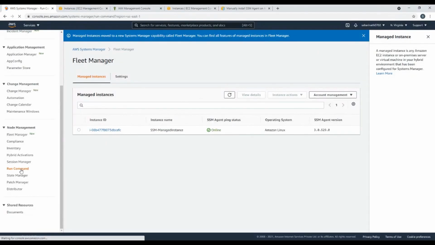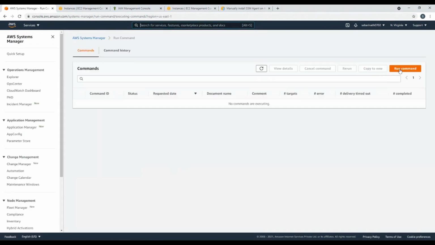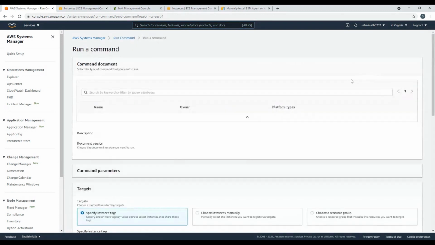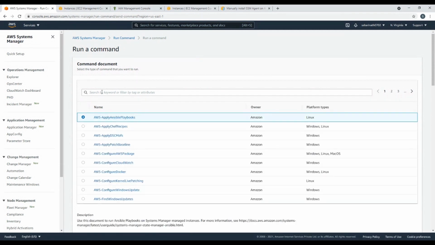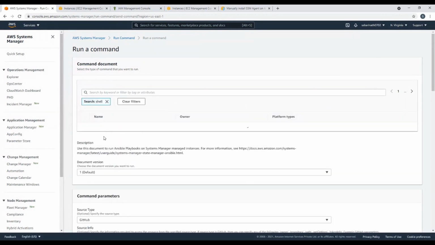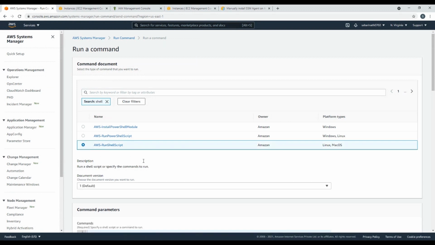So we'll go back to the Run Command under the Systems Manager dashboard. Run Command is going to execute predefined documents or documents in the managed instance. So we'll try to execute some document. We'll use the document called Run Shell Script. So we'll click Run Shell Script,